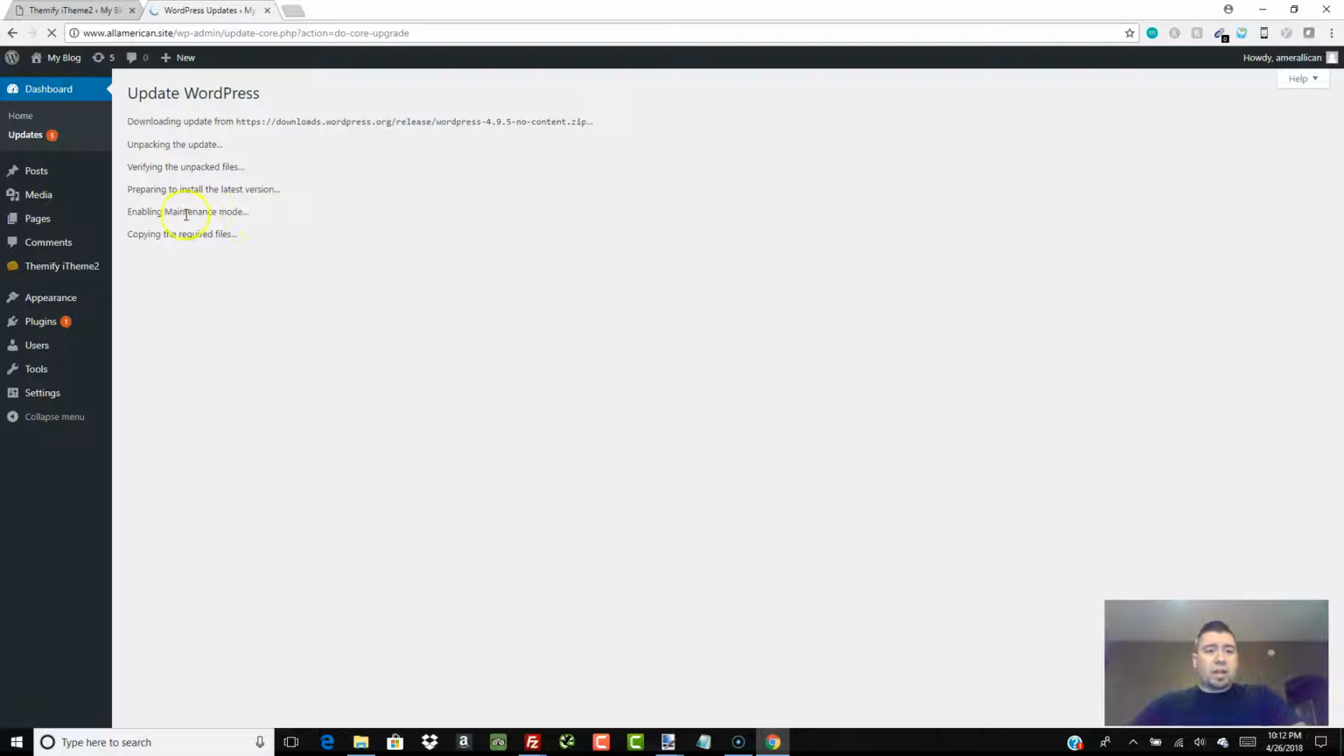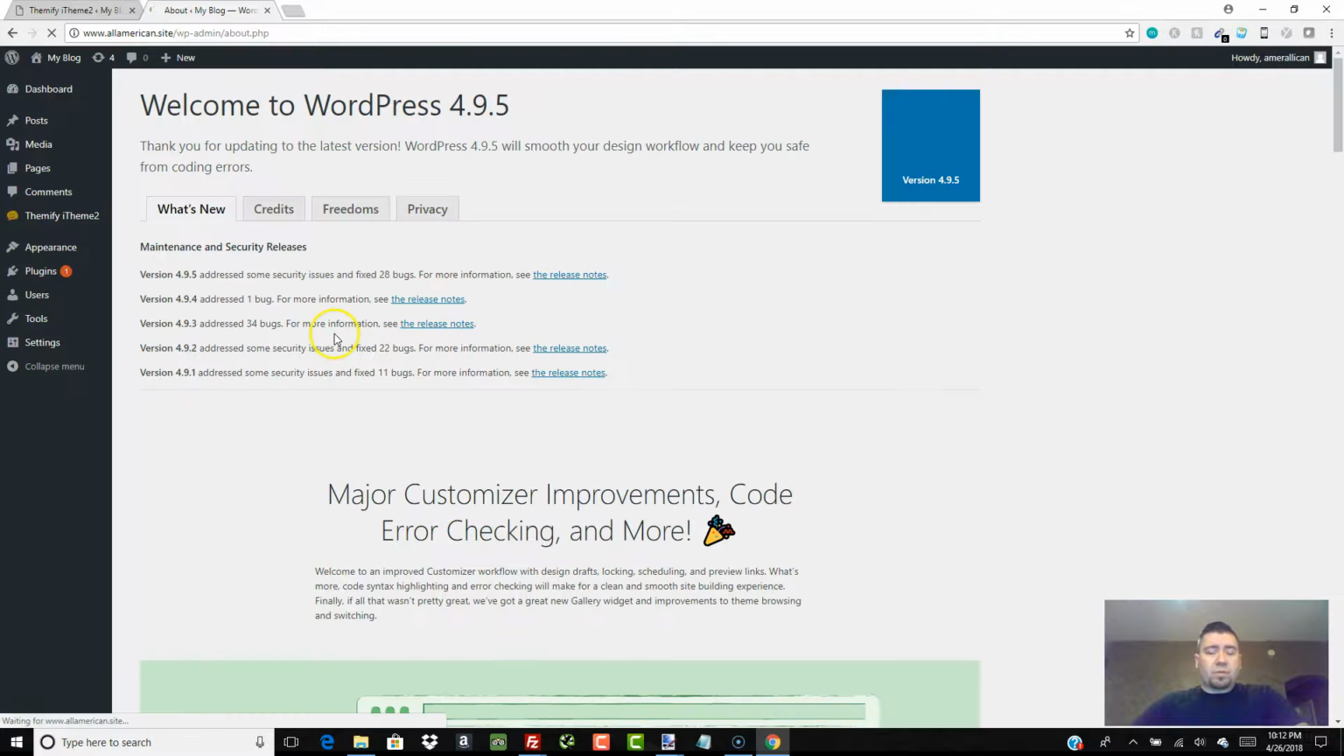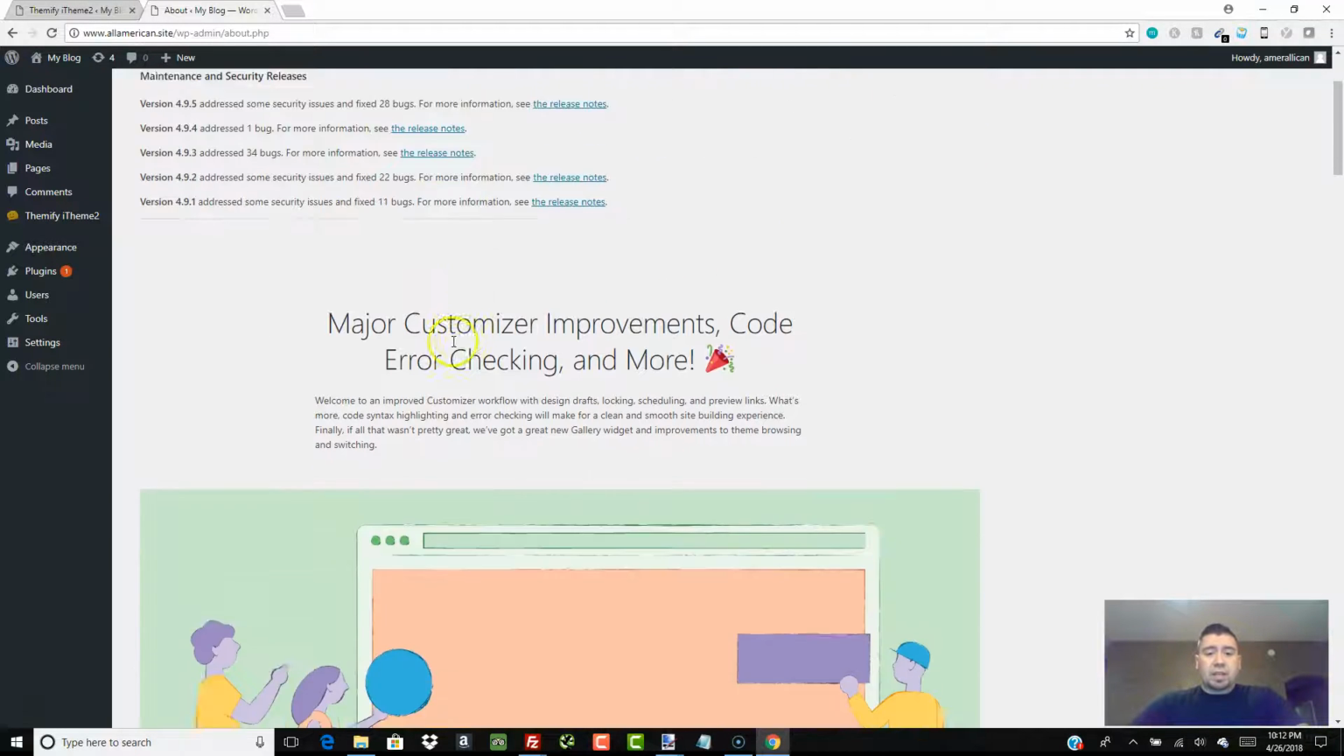Preparing to install, enabling maintenance mode, copying the required files. It's almost there. Maybe kind of a big update. That might be why it's taking so long. There might be a lot of files that it is changing. There we go. Okay. So after you update the core WordPress files, a lot of times it'll bring you to